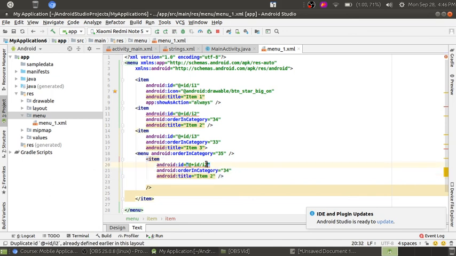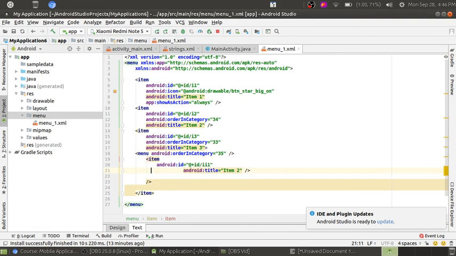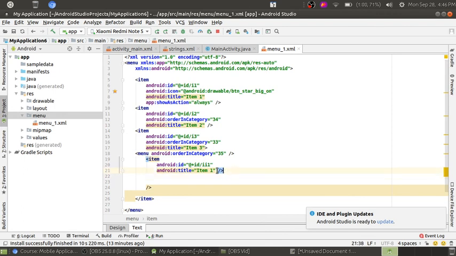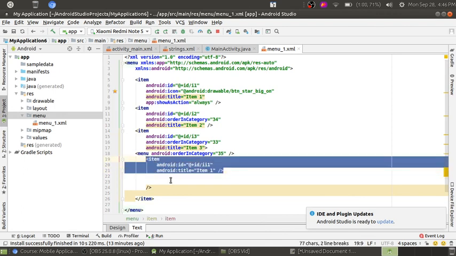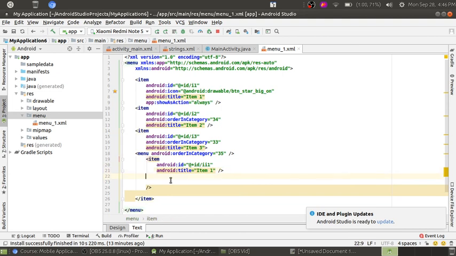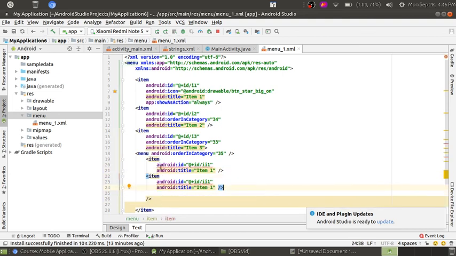So for the ID, you have to give a unique ID. Here we did not have the priority. If you want to set the order, you can also do that. So under category 2, again I want item 1, copy this code and paste after that, which means under the menu I have entered the 2 items again. Red lines mean there is some error, it does not allow the same name IDs, so it should be unique.